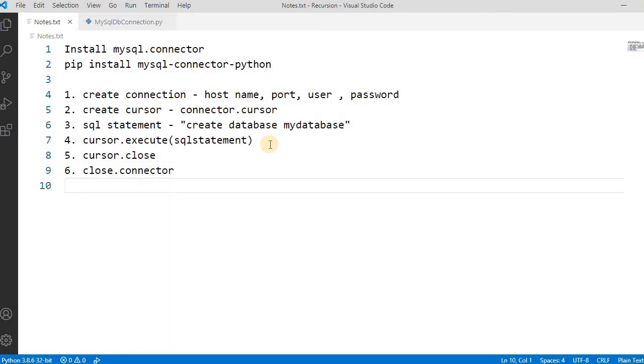If you have any error while connecting to the database, like a wrong user ID and password, then we have to catch the exception. So for the exception also, let's try to run a simple program where we can create the database, and we try to create one simple table, then try to insert the values into the table.